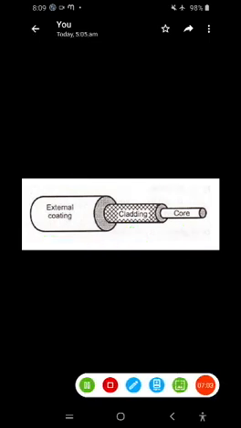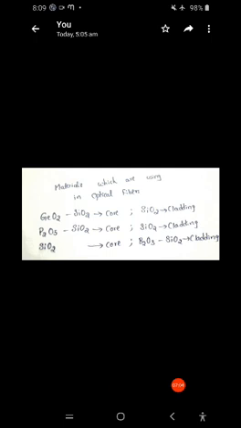Next, this one is regarding the materials which are used for core and cladding. Already I told you, the optical fiber is made with glass or silica, that is SiO2.